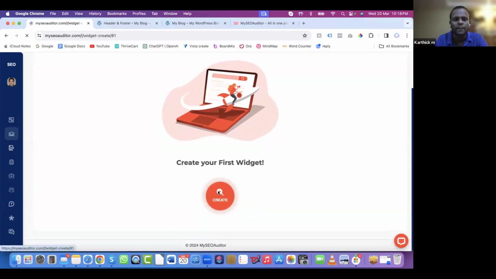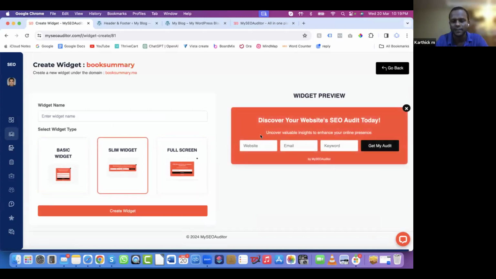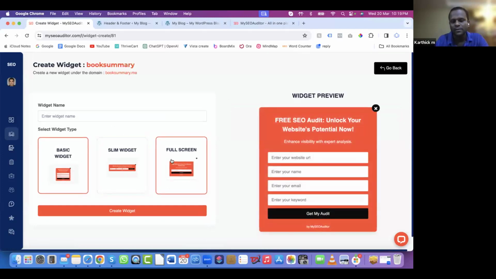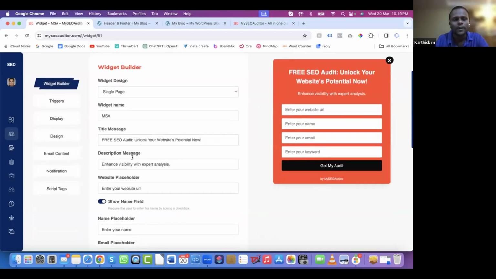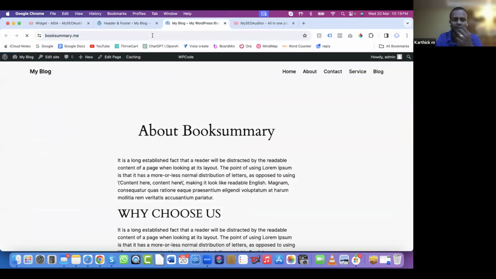So just click create. Currently we have three types of widgets for the widget display. This is the basic widget, we have a slim widget, and we have a full screen takeover. So we have three types for now, and we are developing some more types in the near future. Okay, so we give a name to your widget and click create widget. Now we have successfully created one widget. I will show you now. Once I refresh my site,